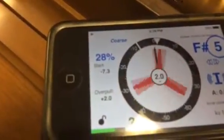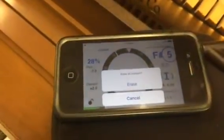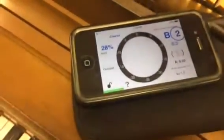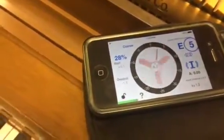see where the needle is right about at 0, but the spinner is showing flat and can kind of confuse you for the target. So this is where you press and hold the middle. It says you want to erase all those targets. I said, sure. That's what I'm hoping to do. We can even change the zoom here to show a wider scale. There we go. And then I'll work my way down,